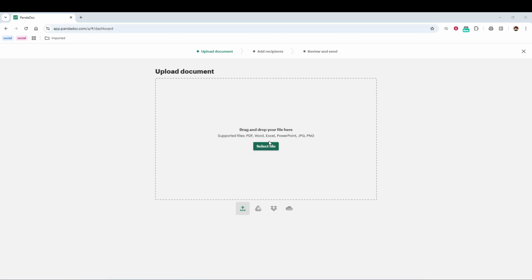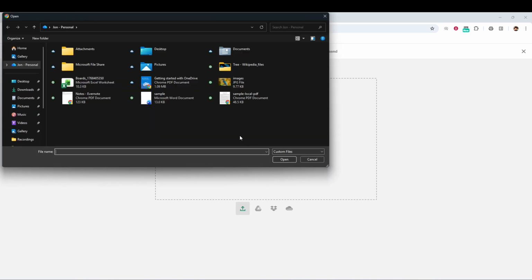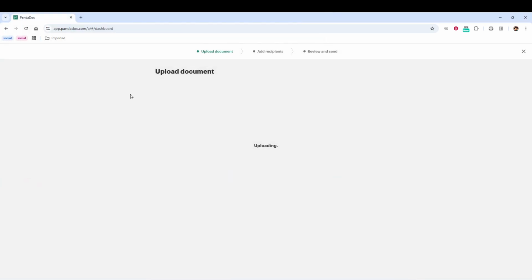For this workflow, we're using an existing contract file, so go ahead and choose Select File. Then, browse your computer for the contract you want to send. This might be a PDF, a Word document, or another supported format. Once you've selected the file, Pandadoc will upload it and open it in the editor so you can prepare it